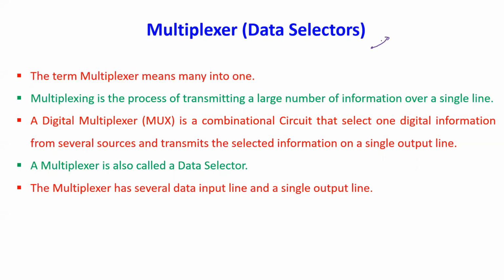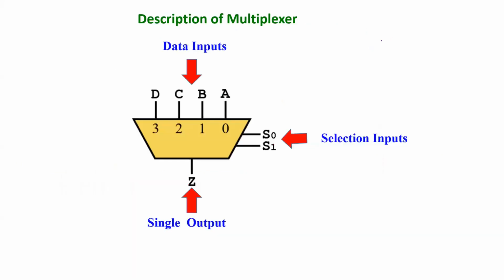So this is just the basics regarding the multiplexer. Now this is the diagram for your multiplexer. Here you can see this is your data which you actually want to transmit, and these are your selection lines. The selection lines are two, S0 and S1. On the basis of your digital knowledge, two lines give four combinations: 0 0, 0 1, 1 0, and 1 1. So 0 0 means this will be transmitted, 0 1, this will be transmitted, 1 0, this will be transmitted, and 1 1, this will be transmitted.